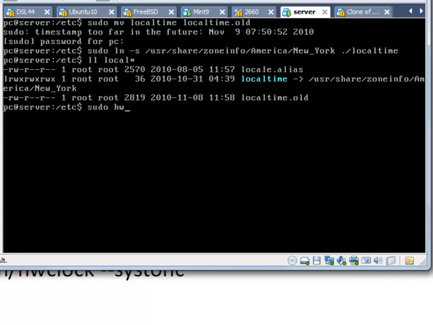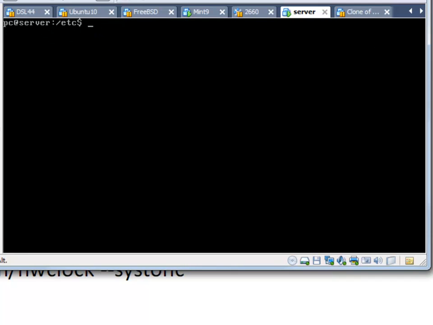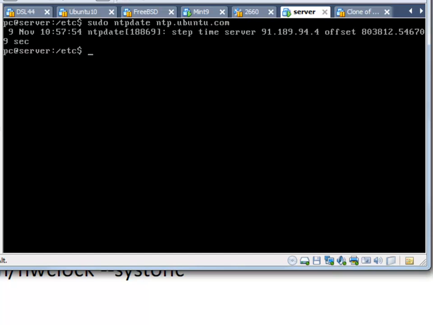And now we can run hwclock. First, let's run date. You see it's October 31st, 2010. And before we do this, let's go ahead and run ntpdate to get the correct date. And so sudo ntpdate ntp.ubuntu.com. Okay. And notice now that the date is set correctly. It's 10:57 and 54 seconds. And so now it'll be kept up to date. And if we want to see